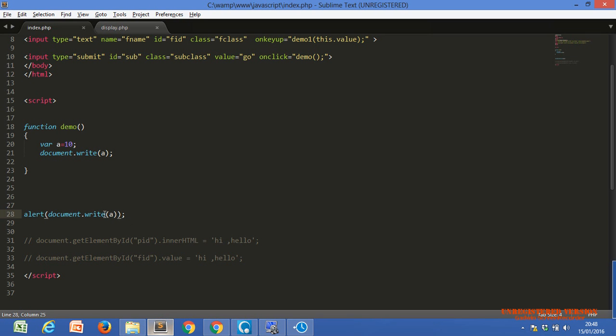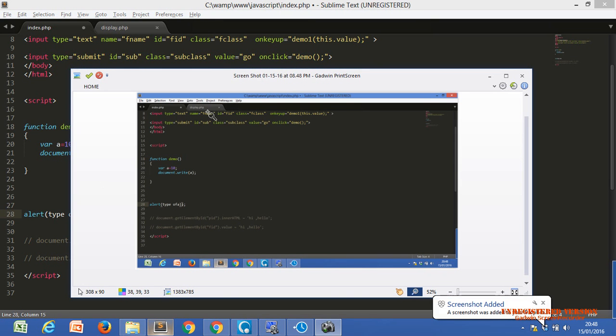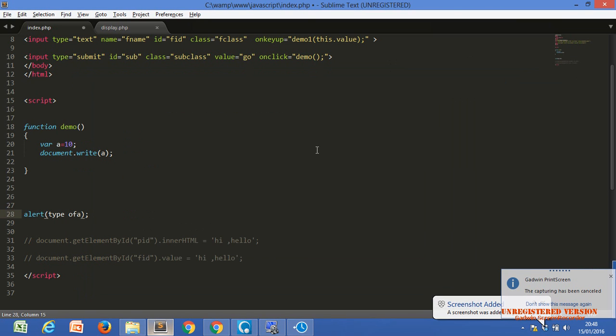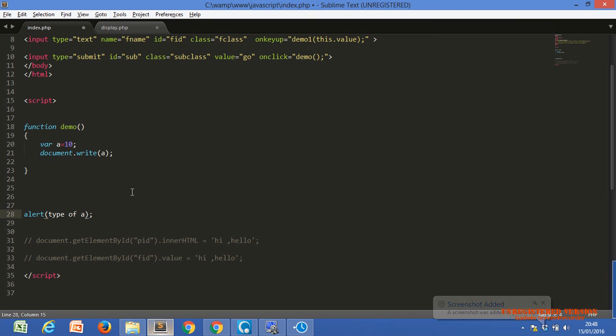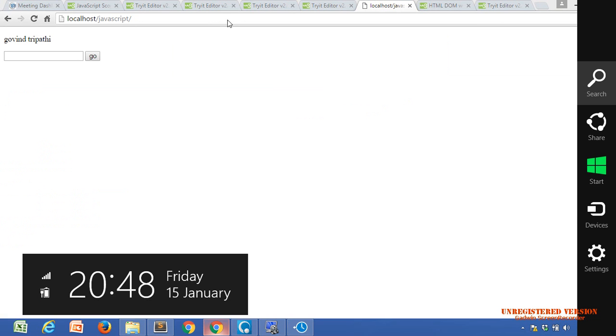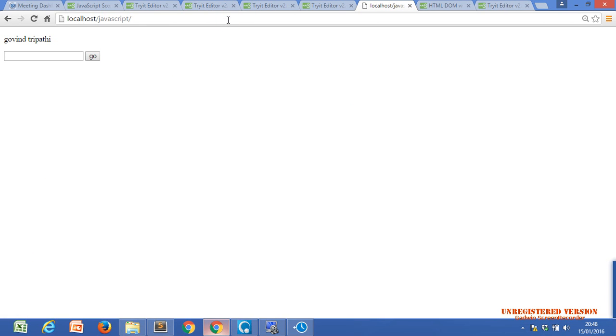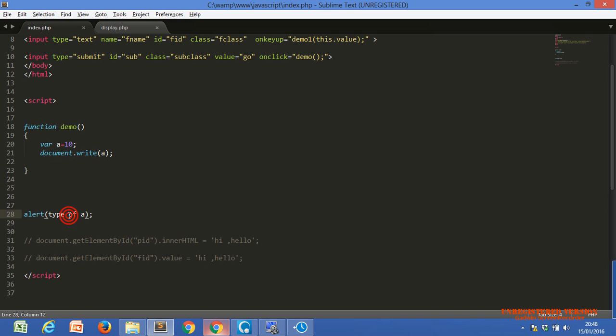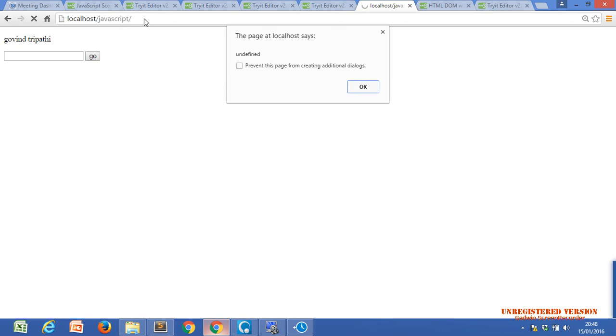We can use typeof with document dot write. typeof with no space needed.